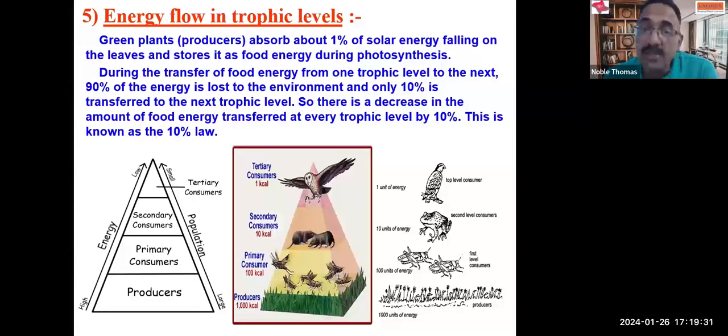But their number is so large that that would be sufficient to supply food to all living organisms on the earth. If they are unable to supply food to all living organisms on the earth, the living organisms will reduce in number. Except human being, rest all living organisms are under the control of the nature. One of the major factors that is controlling the number is the availability of food. Organisms flourish when there is excess amount of food, and organisms will limit their number in nature when there is less amount of food.